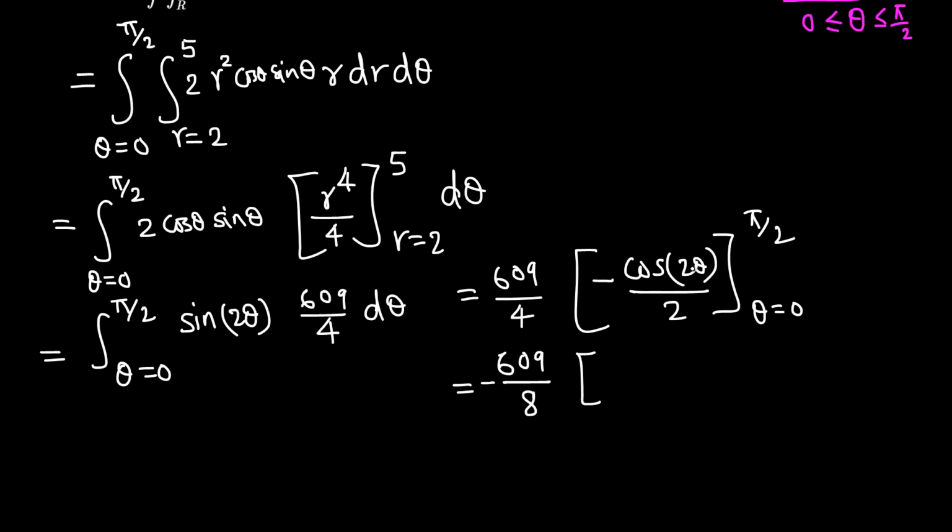So on the top, cosine 2 times pi over 2, cosine pi, which is -1, minus lower limit, plug in 0, cosine 0 is 1. So this is -1 minus 1, -2. Okay, -2. So that's negative, and negative will be positive. 609 over, this is 2, 2 divides 8 4 times. Final